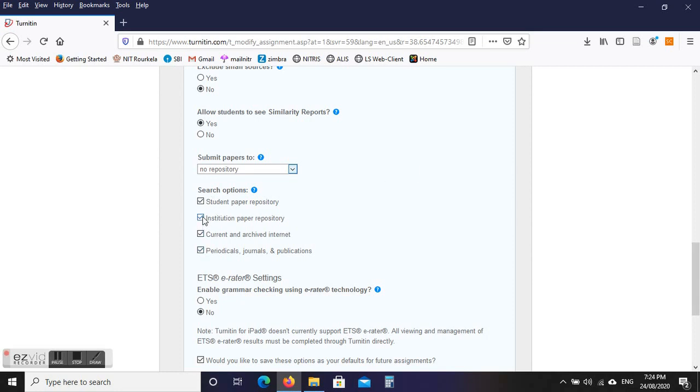So here are the search options, obviously these four: student paper repository, institution paper repository, current and archive internet, periodical, journal and publications. So Turnitin will cross verify and check for similarity through these four resources. The student paper repository, already described, holds the papers submitted, deposited and stored in Turnitin, and that will be verified with that one also. Then the institutional paper repository, and this is the current and archive, internet sources, periodicals, journals and other